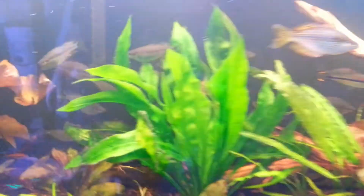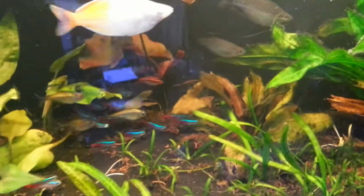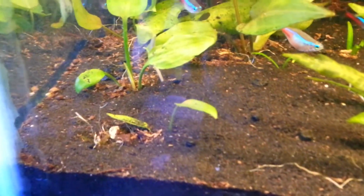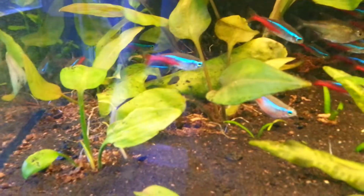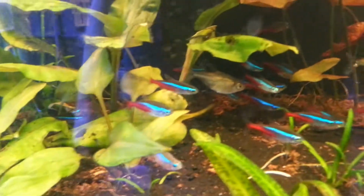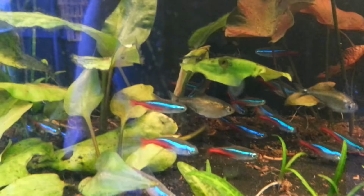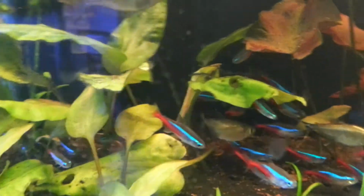After making that video last night and pulling all those plants, sorry for all the bad reflections, holy crap. I went ahead and decided, see, here's where I had pulled everything out of. You can see the detritus still in some of there. Didn't do no water change or nothing, but that Brazilian sword that was right over in here, I went ahead and moved it, but the thing was, it wasn't just one plant, it was a whole bunch